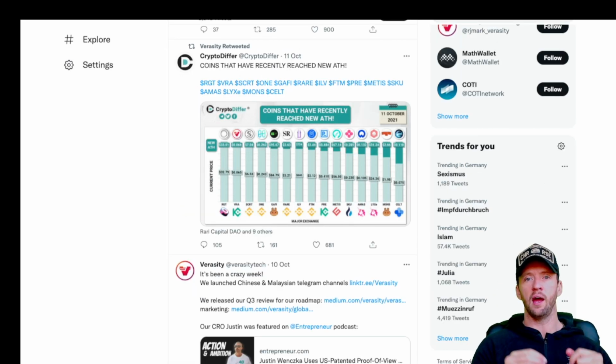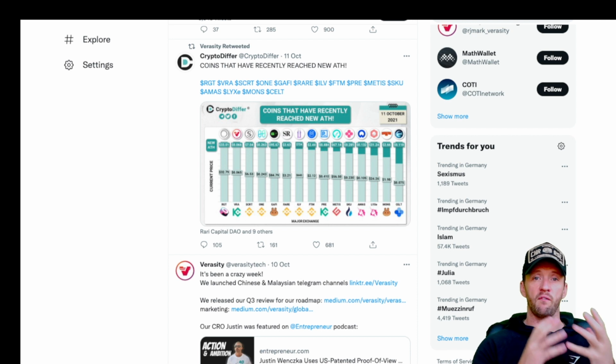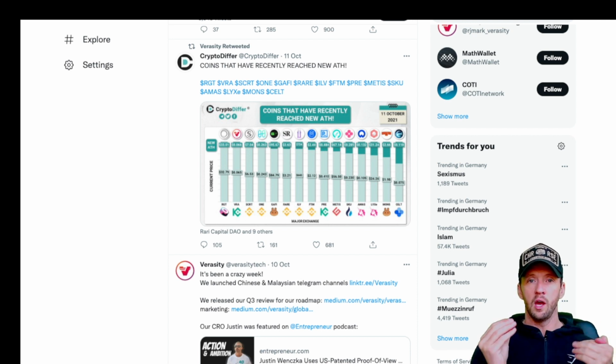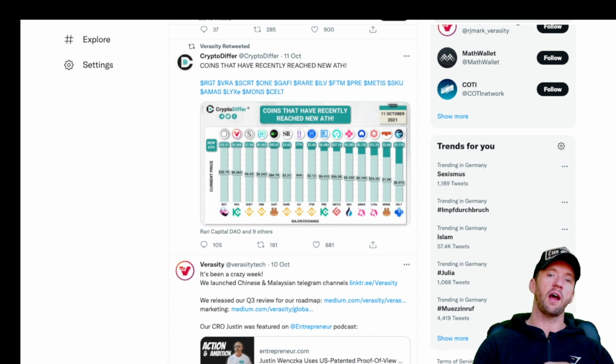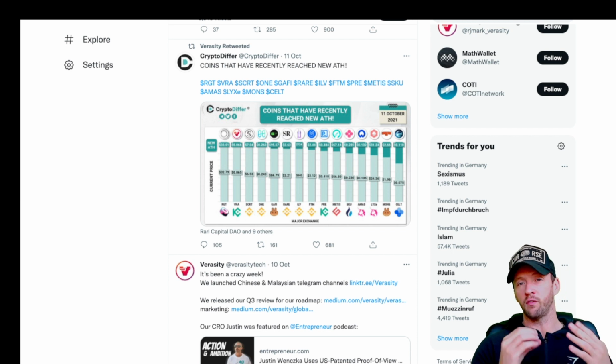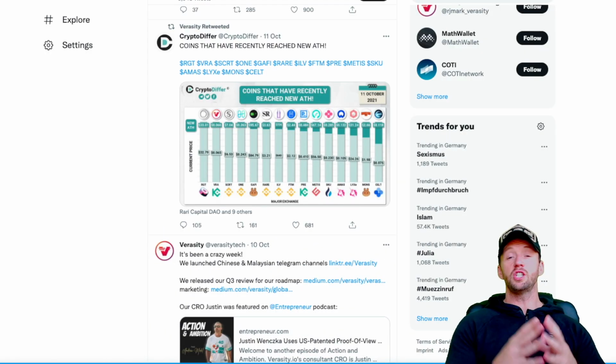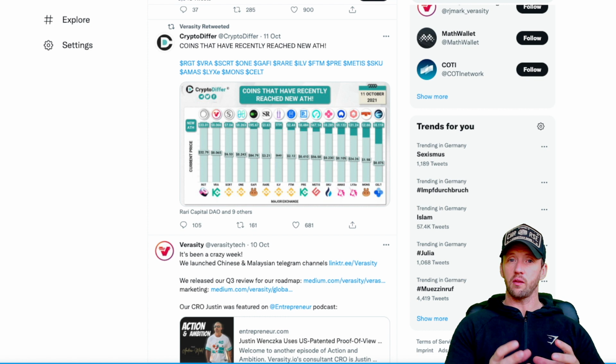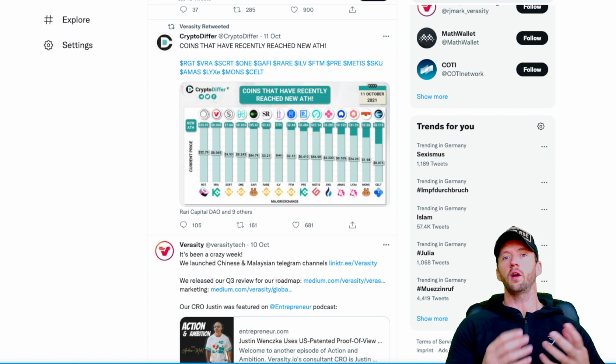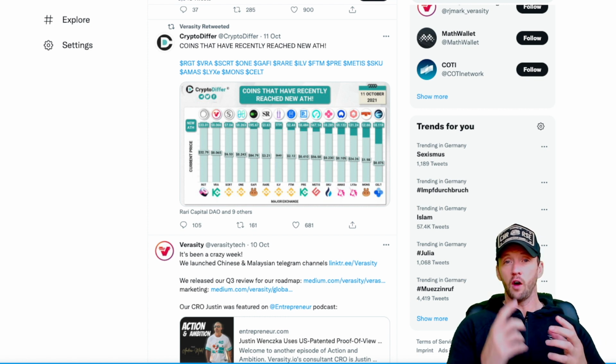But before I do that, I'm just going to quickly show you my VRA wallet to see what a potential investment of 2,000 would have got you, bearing in mind I've taken over 10,000 profit out of this, and this is what I'm left with. So as you can see, even after taking $10,000 profit, I'm still left with over $34,000 in VRA